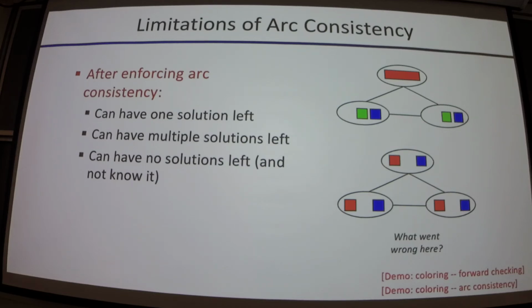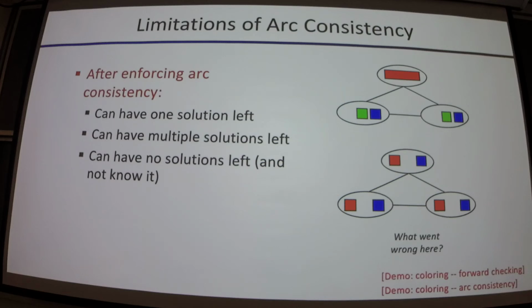But we can also have no solutions left and not know it, like this lower right one. There is no solution from the available domain to this lower right graph, because as soon as we assign a value to any of these, it breaks the whole thing. But our consistency won't know that until we assign a value to those. That's because there's this notion of a three-way situation here, and it's not encoded in what we'll check. Does that make sense? Awesome.